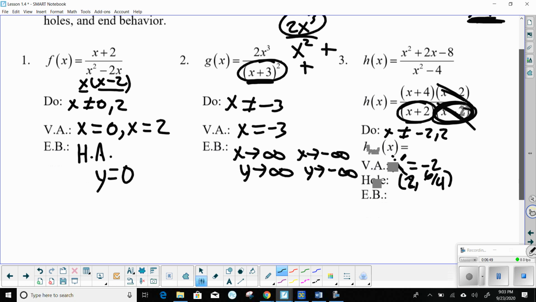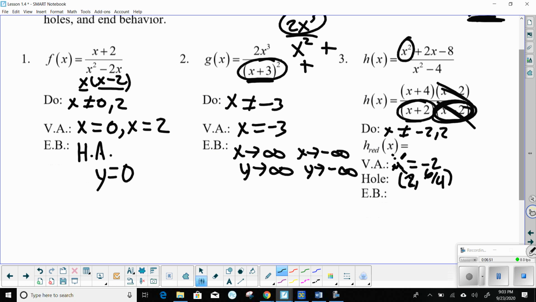All right, end behavior. So to check end behavior, I compare the term with the highest degree. Well, they're both x squareds. And there's a 1 in front of them. So what's going to happen, right? They're tied now. They're going to basically undo each other, cancel each other out. So now I'm left with a horizontal asymptote of y is equal to 1 over 1, which is 1. So those are stuff we've done recently, but it's a good review, and that will help us